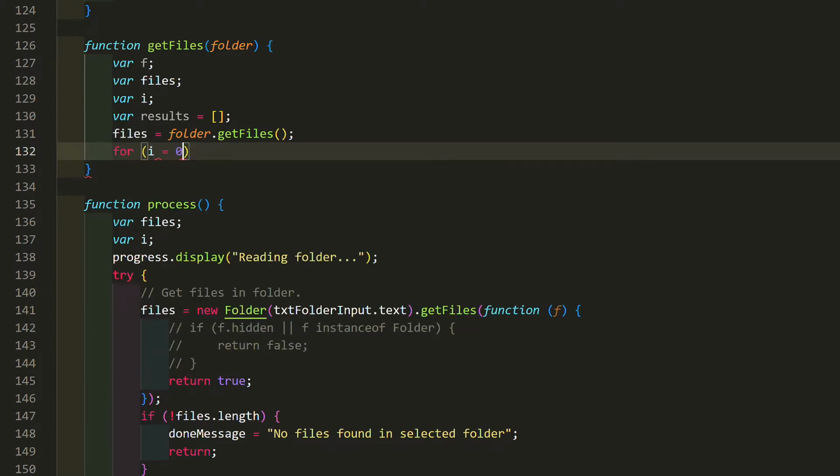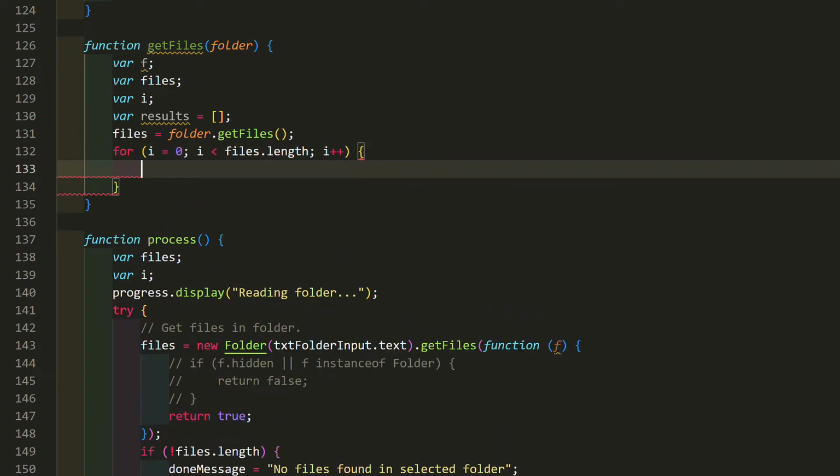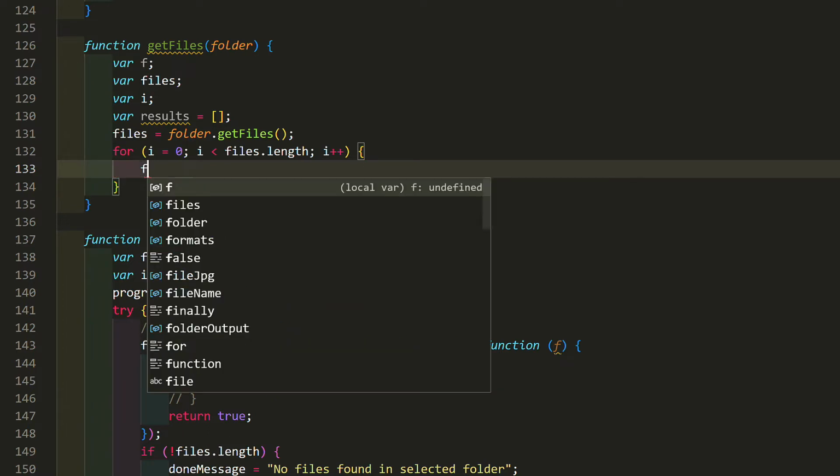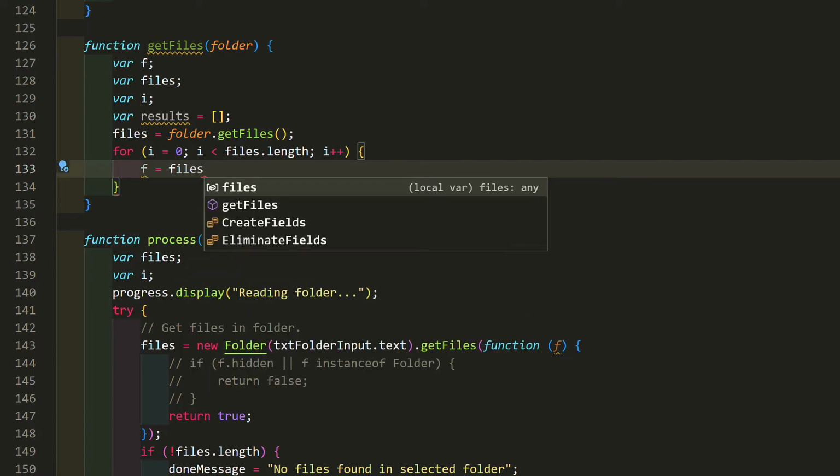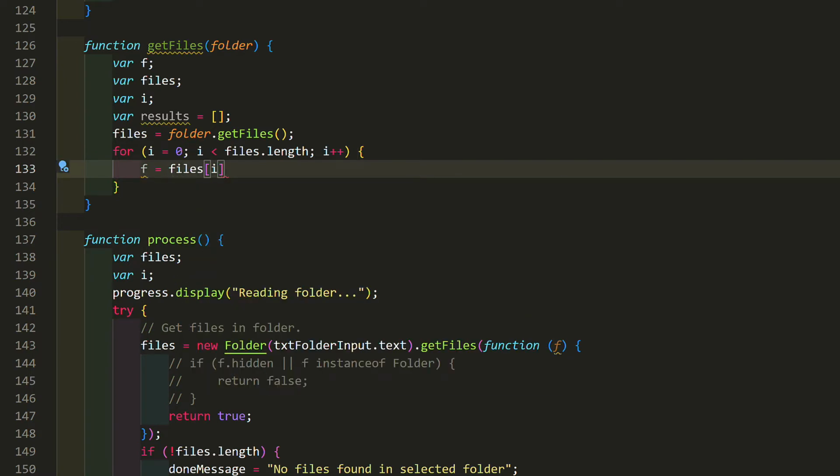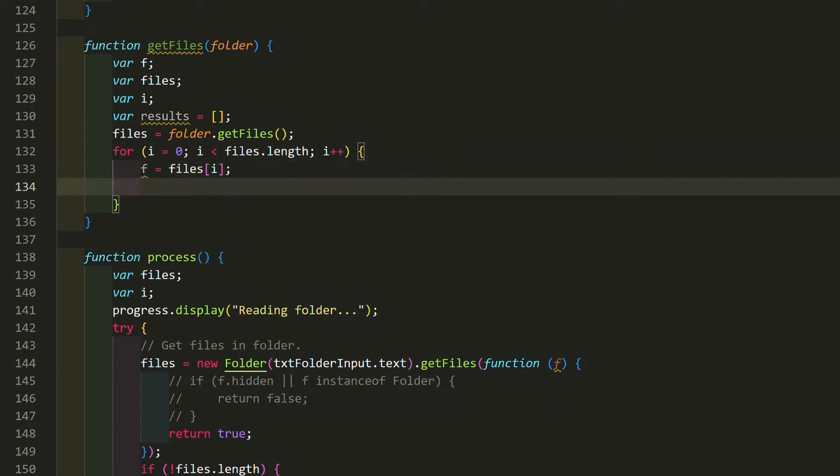For i equals 0, i is less than files.length, i++. Store the current files array element in the variable f. f equals files[i]. Now let's look at what it is.